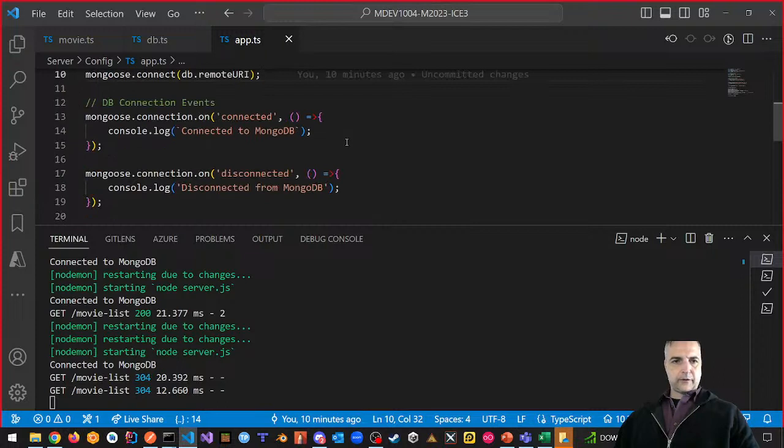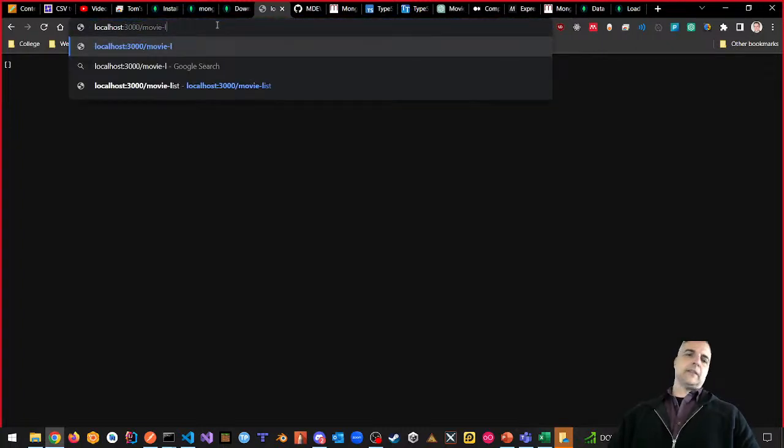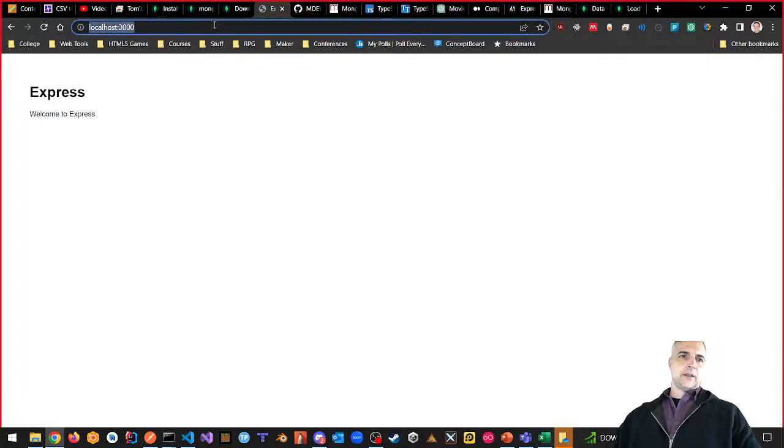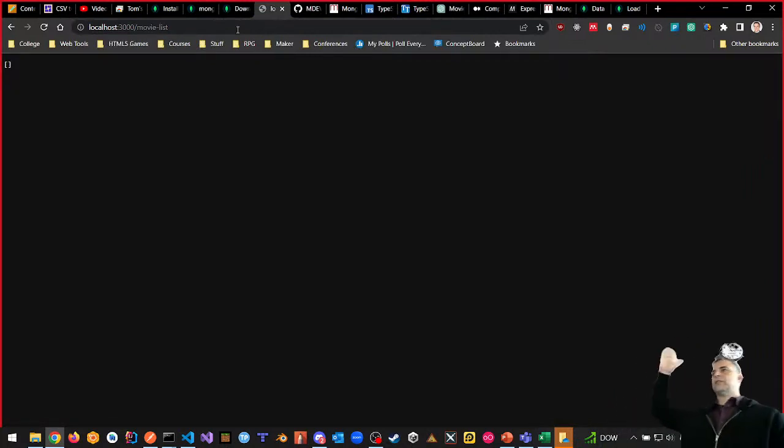Disconnected from data. Here's something we do know, we know that the server's up because if I just do this, we still get Express. But if I do /movie list, we get this, which is actually not what we want. So going back to what that thing was telling me. Locally, we're good because it's super fast. But remotely, we're not good because with the promise that we had,